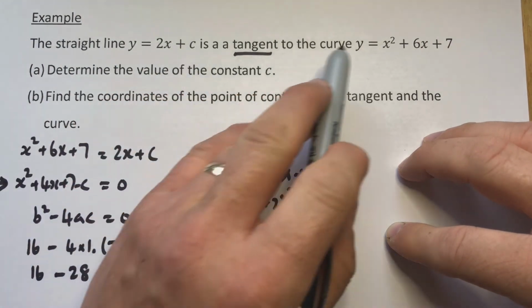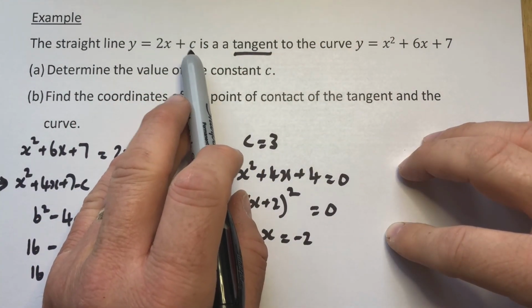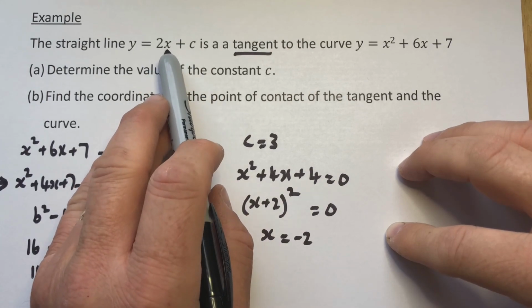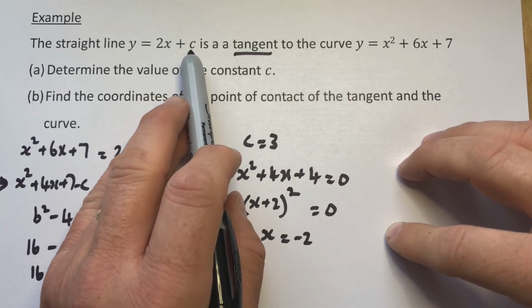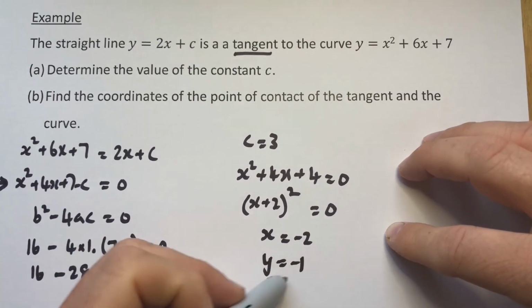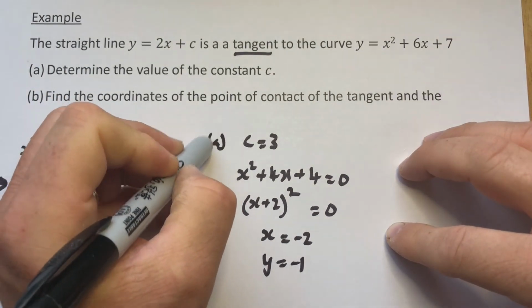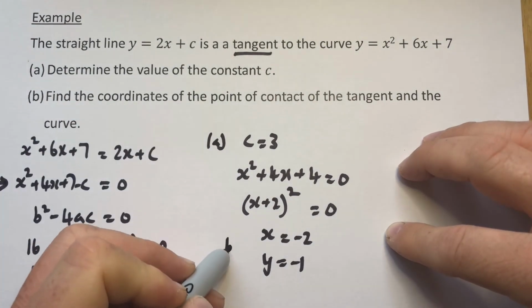And if I put minus 2 into either of these two equations, bear in mind that we know that c is now 3. So if I put it into this one, 2 times minus 2 is minus 4, plus the 3, we've got minus 1. So y equals minus 1. That is the point of contact of this tangent. So the answer to A we have up there is 3, and the answer to part B